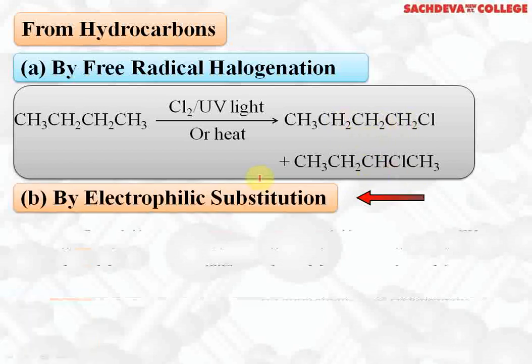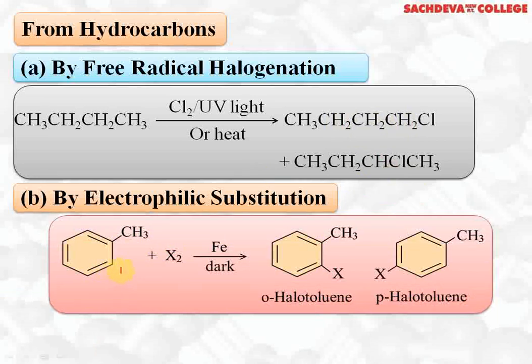Next, we are taking electrophilic substitution reaction. If you have toluene, react with halogen in the presence of iron and dark; this will react to form ferric halide. Ferric halide will react with halogen, making it break heterolytically; it will take one Cl negative and Cl positive will attack at the ortho and para positions. So the product formed will be ortho-halotoluene and para-halotoluene. Methyl group is electron releasing, so it is ortho and para directing. So this is an electrophilic substitution reaction to get ortho and para halotoluene.